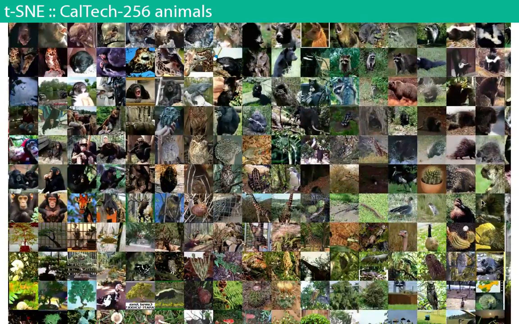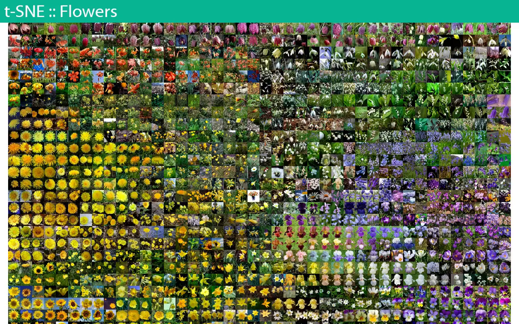And lots of people have been playing with this in other image sets. I made an example of this in open frameworks. For those of you using open frameworks, OFX t-SNE is an add-on I made that does t-SNE in open frameworks, and there's an example that a lot of people have used to make these. So if you want to cluster your vacation photos or any group of photos that you wish to see in this kind of layout, you can do so with that example in OFX t-SNE.